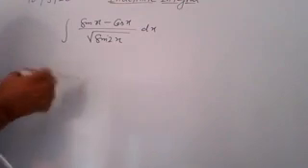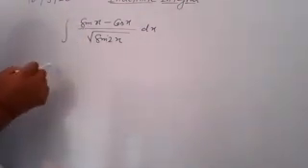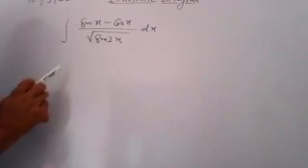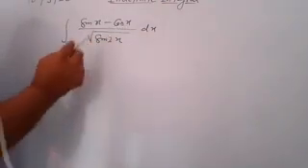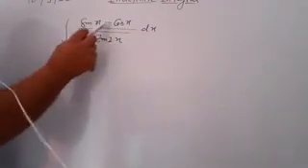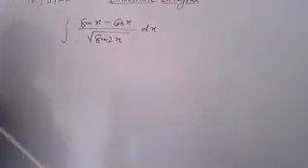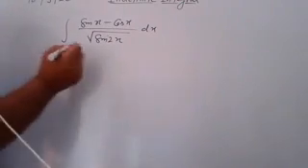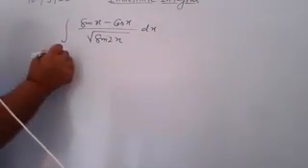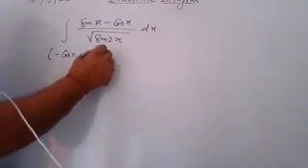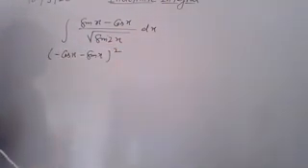Here you take the integration of your numerator. Understand? The integration of sin x is minus cos x. The integration of cos x is sin x, so here you have minus. So minus cos x and minus sin x is there. Here you write minus cos x minus sin x whole square. You can write in this way.